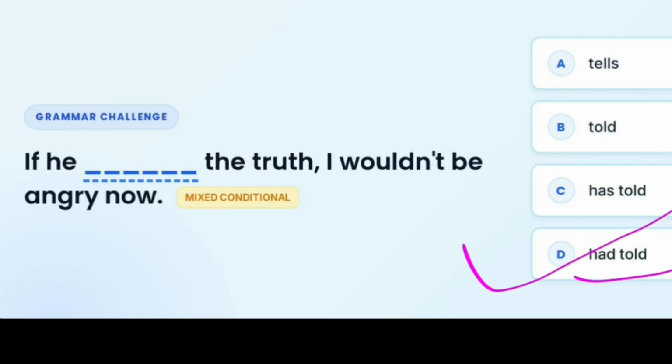Students, choice D is right. Let us see its explanation. In this mixed conditional,